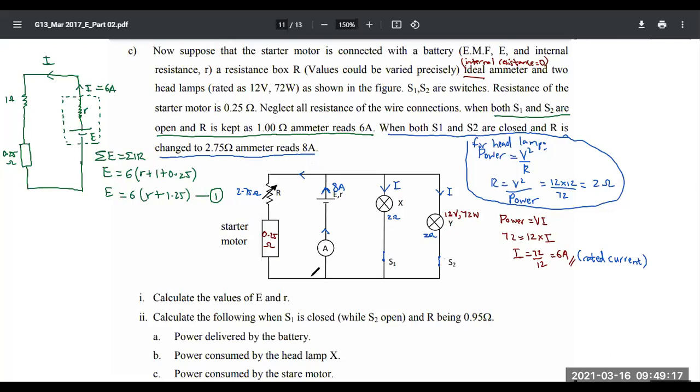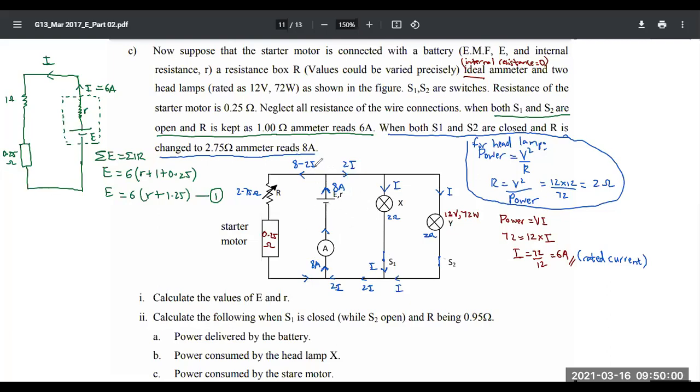Now, can someone tell me what will be the current through this circuit? I have to take the current going through this as I and this as I. So this side there must be 2I, correct? 2I will come like this and I will go here and the other I will go here. And then this I and this I will meet once again, and then again they will emerge as 2I, and then they come here 2I, right? And here it is 8 ampere. Now tell me what is this current? The current going through this circuit. That is going to be 8 minus 2I. Understood? 8 minus 2I.